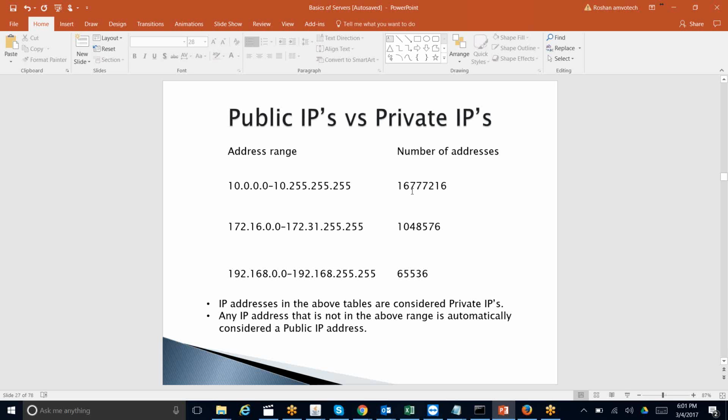If you check your laptops and do ipconfig, you will mostly get an IP address in the range of